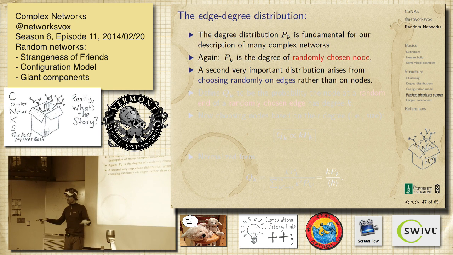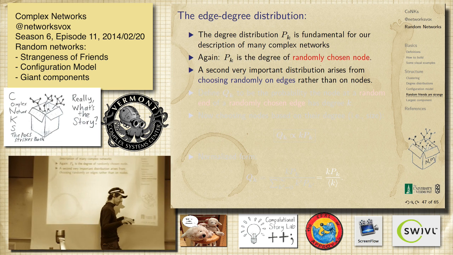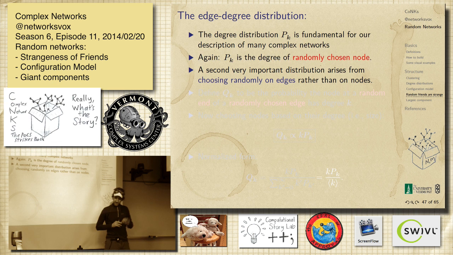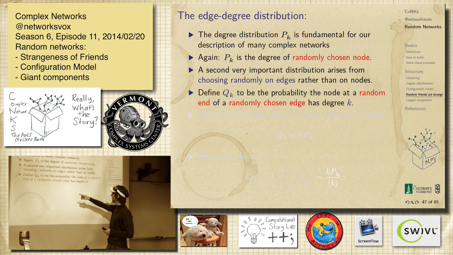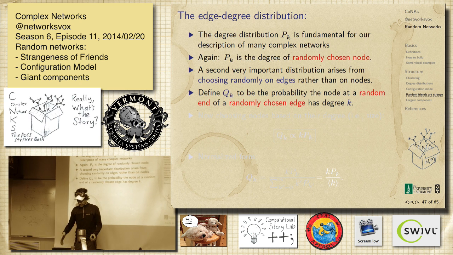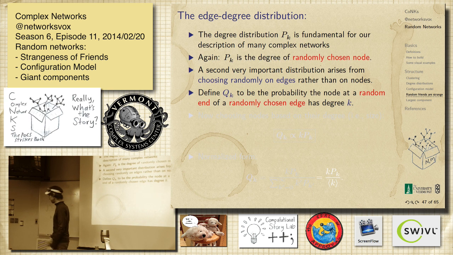So diffusion is about how things spread out. It turns out, evenly things diffuse, they flatten out in spaces. A very beautiful thing happens for networks, which is really all about edges. Okay, so we have a P, so we'll go to Q. So Q sub k is, we have to think about it. We're going to randomly choose an edge, and then we're going to flip a coin, and randomly go to one end, and then look at the degree of the node at the end, right?